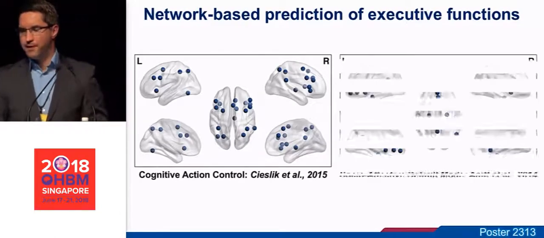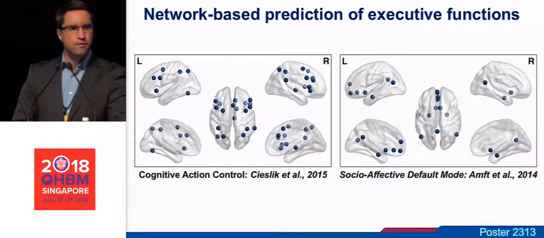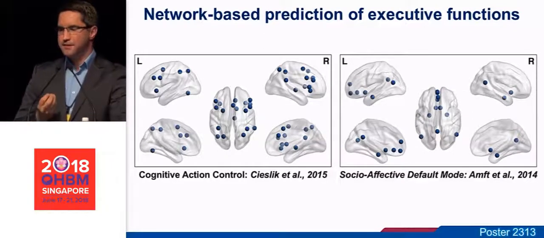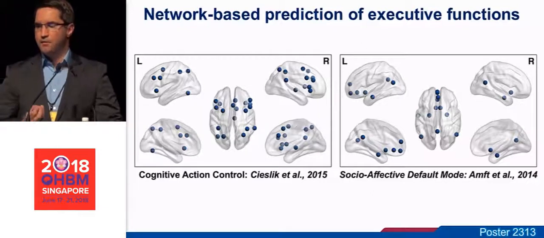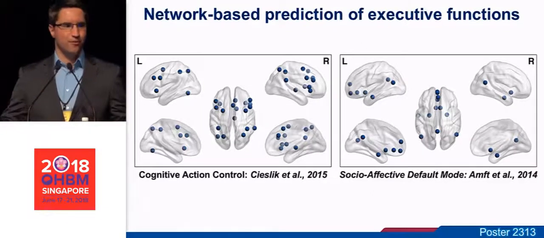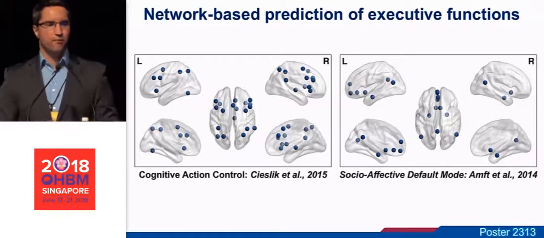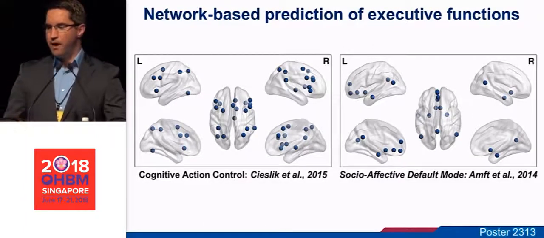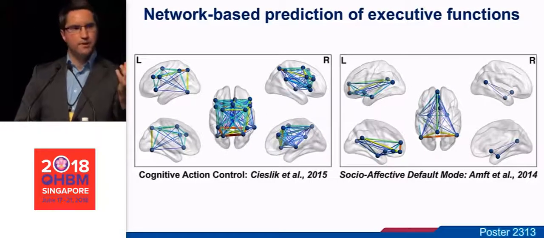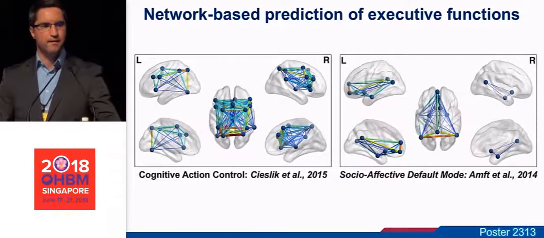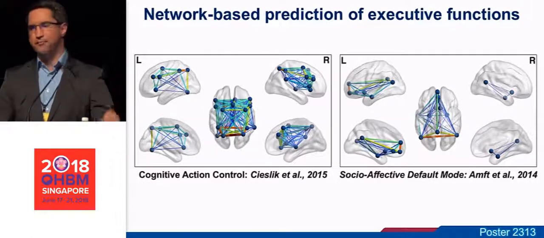Here are two example networks: cognitive action control, based on a meta-analysis, and socio-affective default mode, again based on a meta-analysis. We chose these because they are sort of the opposite poles of what the brain can be in. Now, how well does the individual subject-specific connectivity pattern in this a priori defined network